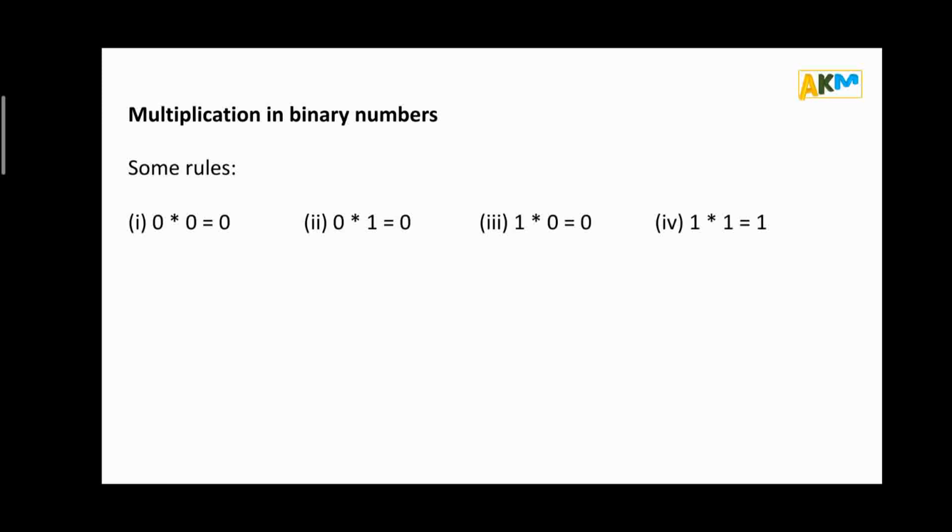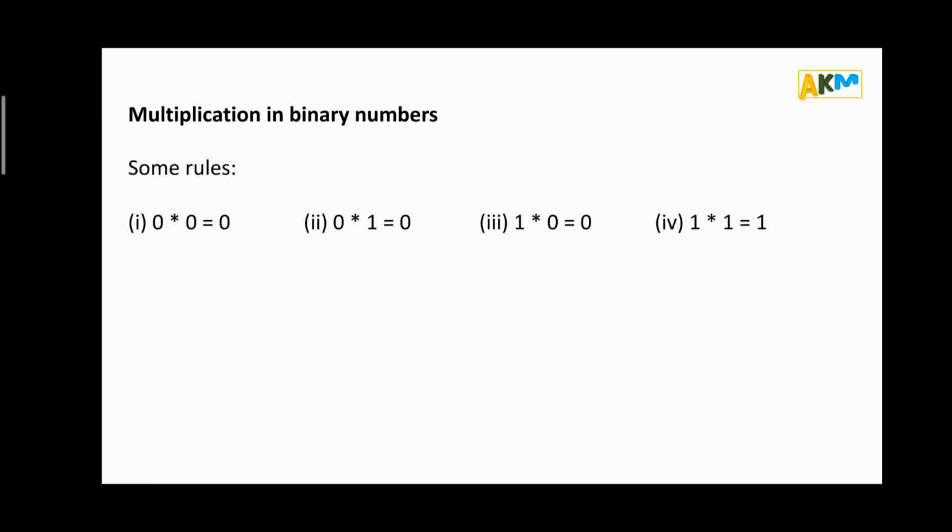As we have seen, multiplication in binary numbers is also the same as we do in decimal numbers. So we can easily multiply in binary numbers also, because we know multiplication in decimal numbers. But one thing we have to remember is that the result of this multiplication should always be in two digits, that is 0 and 1. If any other digits come, then it is wrong. We should know that the multiplication is wrong.